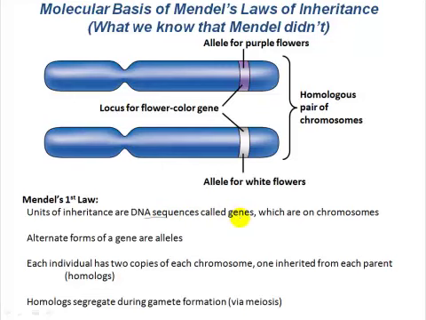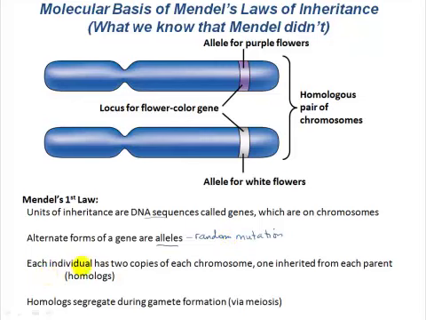They are physical structures that are inherited from one generation to the next. These alternate forms of these units of inheritance, as Mendel called them, these alternate forms of a gene, we refer to as alleles, which we know arise from random mutation. Right? So we get new alleles generated in the population by differences in DNA sequence that arise from random mutation in the genome. And every single living organism is constantly accumulating random mutations, most of which we never see a physical characteristic associated with, because they are not maintained in the population, but some of them are.